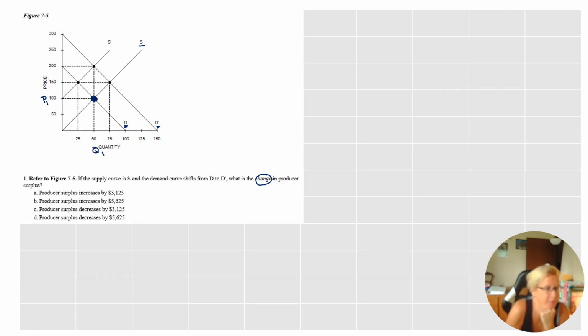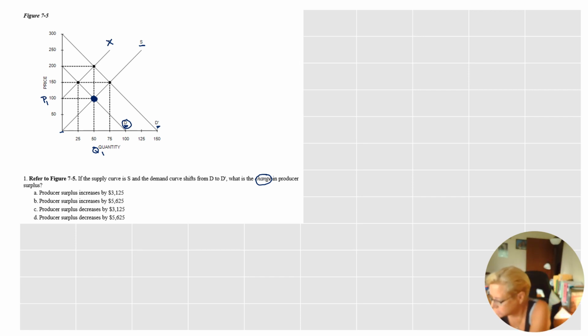The maximum price on the D demand curve is going to be 200. Our minimum will be right here at 0 because we're using supply, not supply prime. So that's the first thing you want to think about. So I'm just going to X that out. Okay, in looking at this, because it's asking for producer surplus, and we know, just a minute,